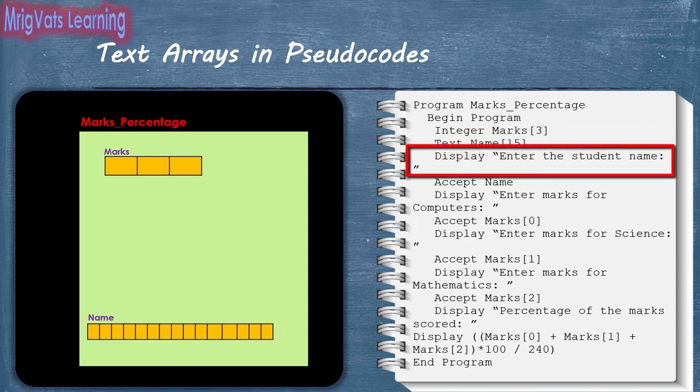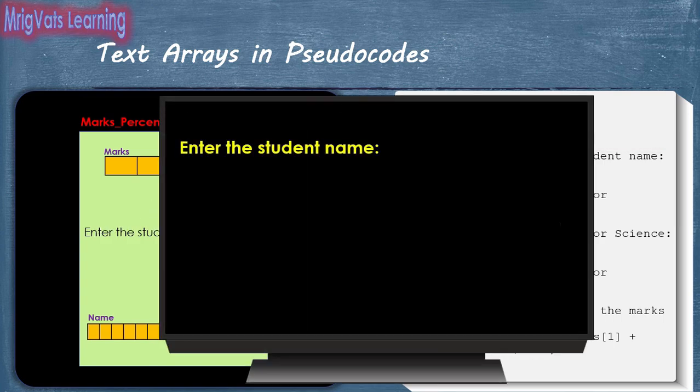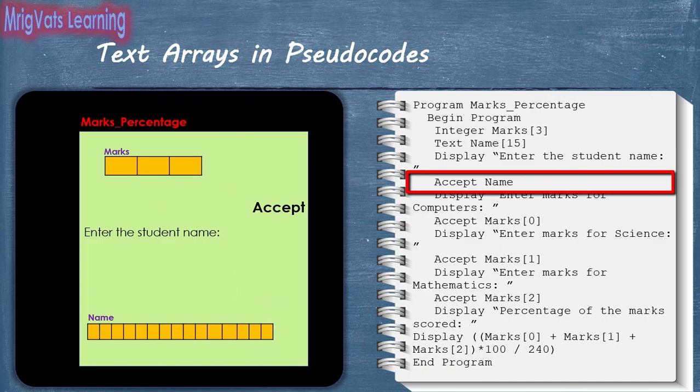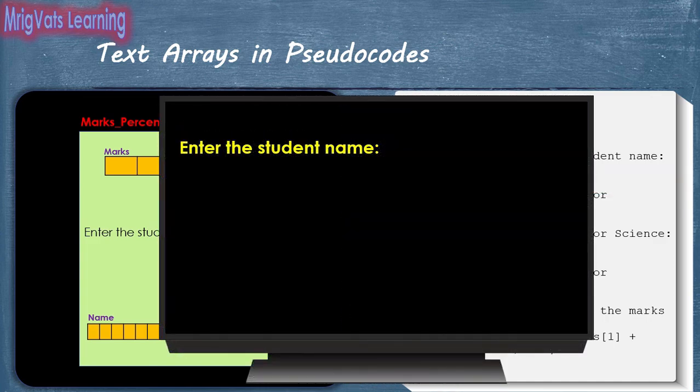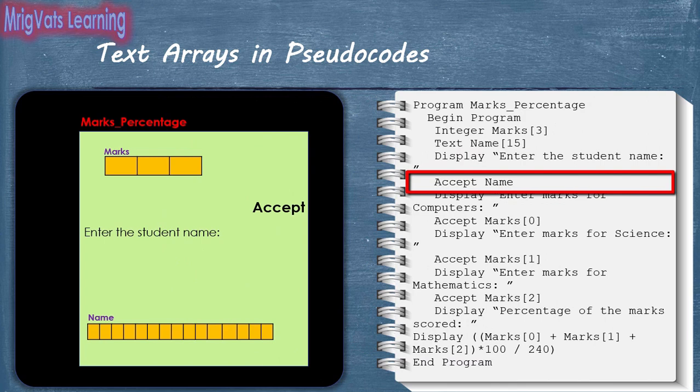When the display statement is run, the program writes the enter the name of the student text in the memory allocated for the program. The display statement takes the text as an input and displays it on the virtual display board. When the accept statement is run, the program waits for the user to enter a value. As soon as the user enters a value such as Avyan Sharma, the accept statement takes this null terminated text string as an input and stores it in the name array. Notice that the \0 character is stored in the array element immediately after the element containing the last character, which is A of the text string.